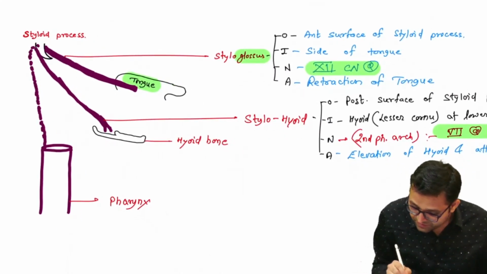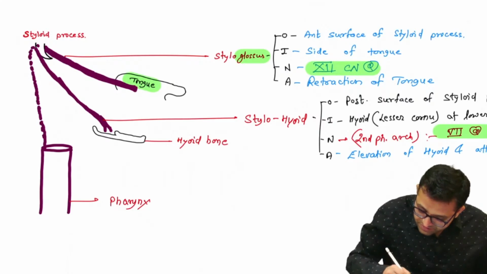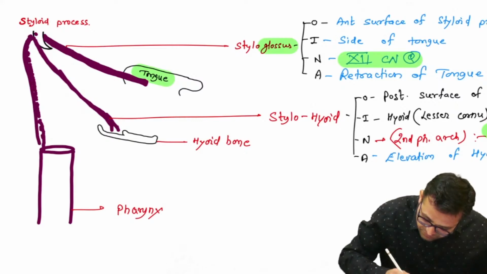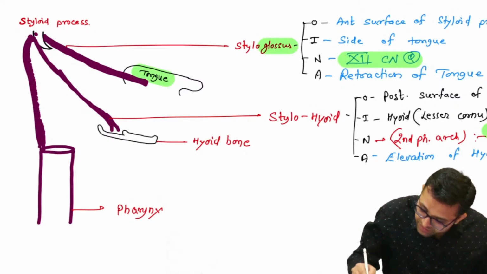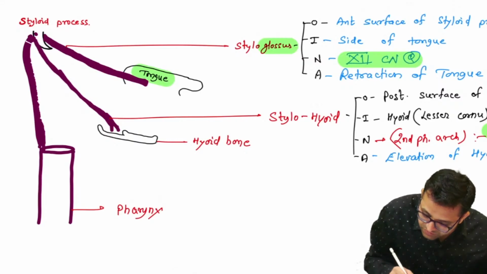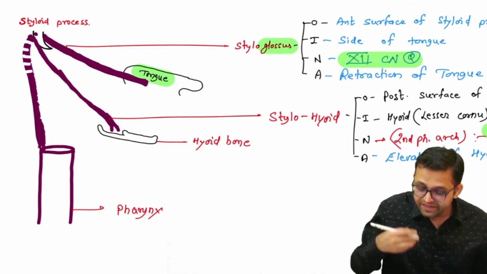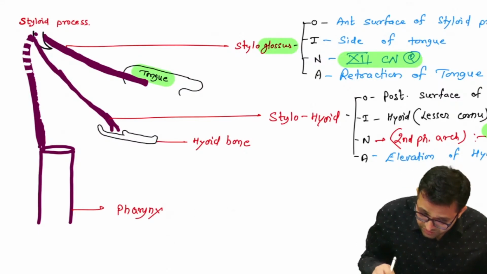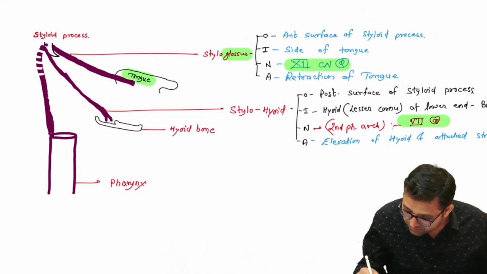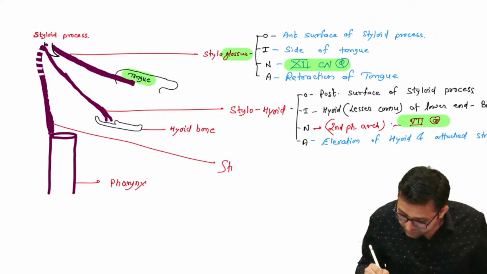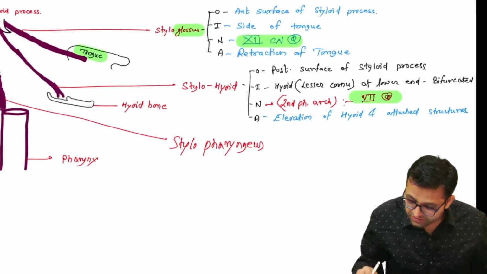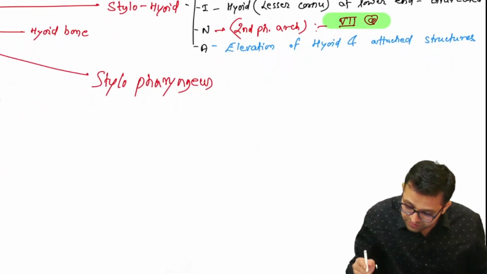So what is the name of this muscle? Yes, sir. Here we are representing the stylopharyngeus. And this dotted line is representing, sir, it is coming from the medial surface of the styloid process. So what I want to tell you, sir, this is the muscle. Just give the labeling, sir. This is our muscle, stylopharyngeus. Again, what are the important points which you have to remember regarding the stylopharyngeus?